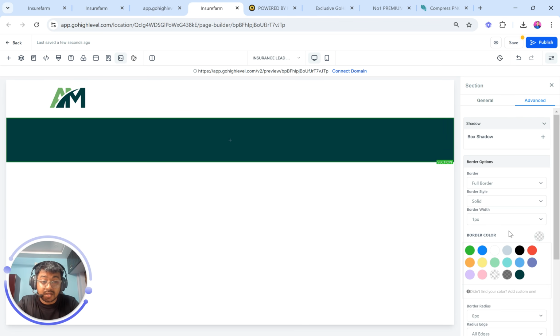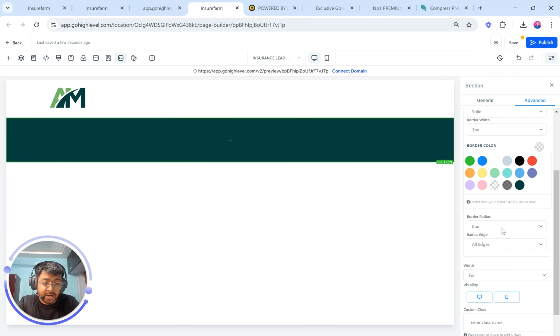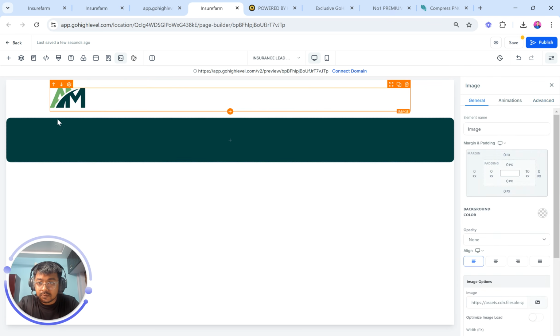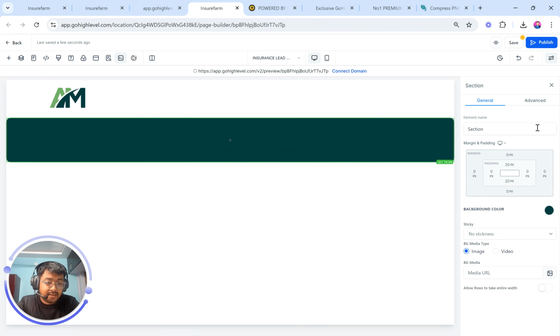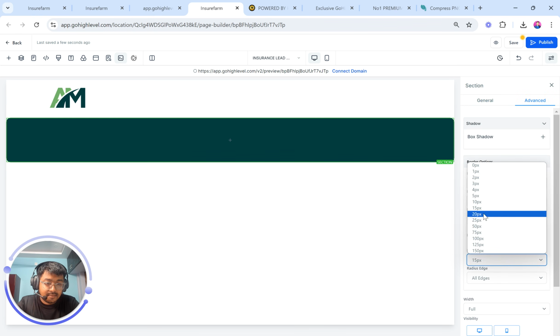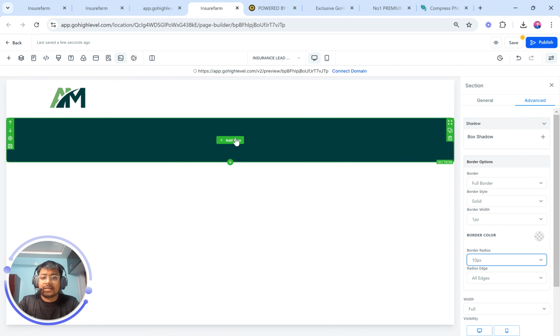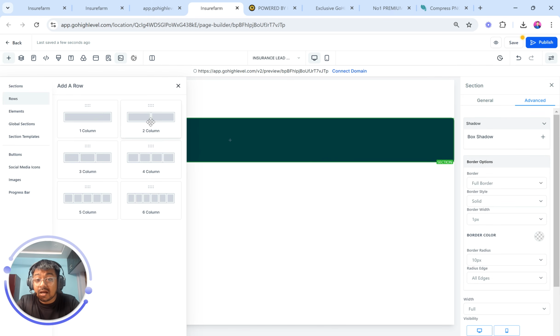I've added a transparent border because I don't really care about what the color of the border is going to be. Eventually, it's going to be just white. Then I'm going to add the border radius of, let's say, 15 pixel. Did you see the difference? It got cornered, right? So I'm going to probably just, instead of making it 15, make it 10. 10 should be good. Let's make it 10. Now what I'm going to do is I'm going to add a one row, two column